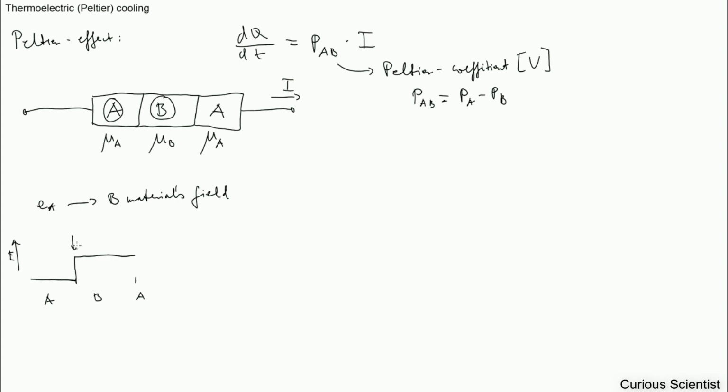So at this point you get energy for the electrons from the materials. That means that the material will cool down at this point. So at point 1 material cools down,